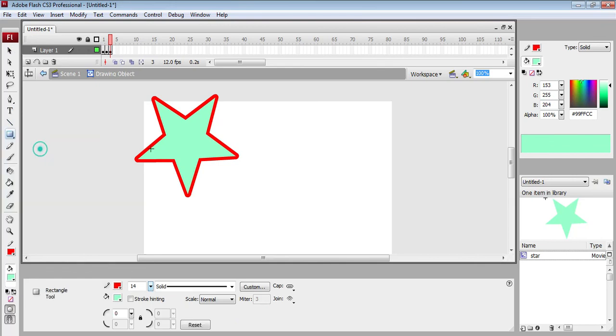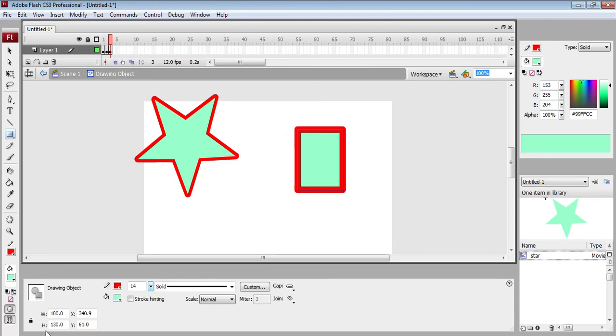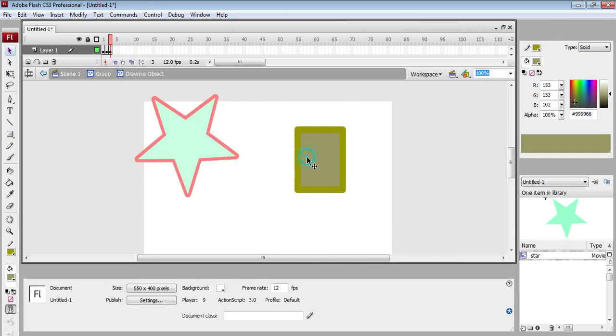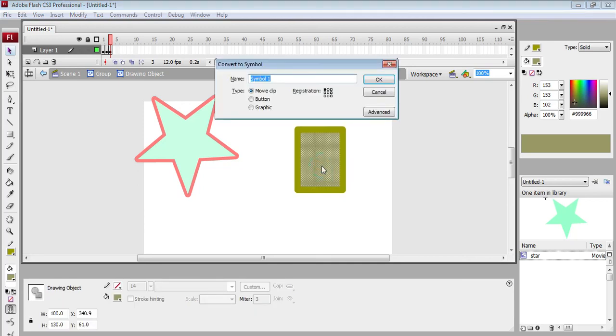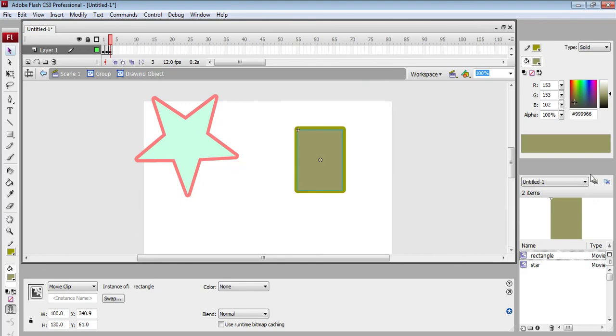Okay, if we want to create another symbol, so another I'm going to draw. This one I'm going to draw with the rectangle tool. Also I'm going to select its outer line and the colors. So this will depend upon you. If you want to change, then you can, otherwise you can skip. Next, selection tool, single click. Okay, and then press the F8 key. After pressing F8, you can see the same options have appeared here. So I'm going to select this one, rectangle. Okay, and then I'm going to click. You can see these all are stored here.